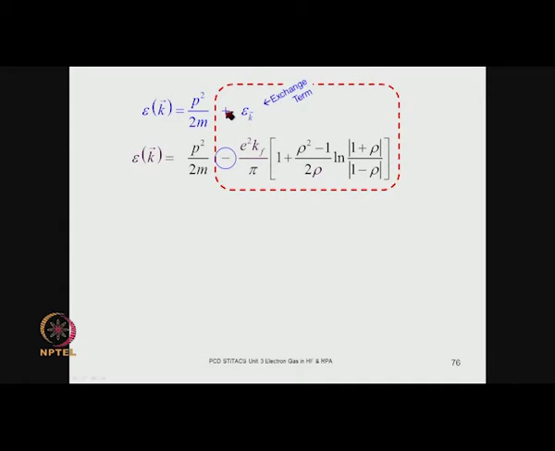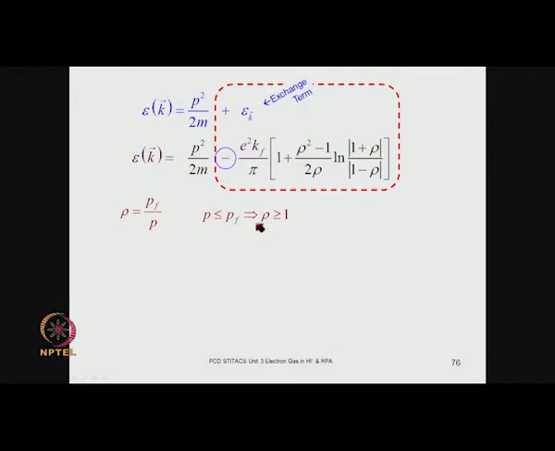Keep track of the sign. You had a plus sign here and a minus sign here, which essentially means that the exchange term has this minus sign. Rho is pF over p, but the variable p is always less than the Fermi momentum, because all the electron states are occupied only up to the Fermi level. So, by definition this p is always less than pF, which means that rho is always greater than or equal